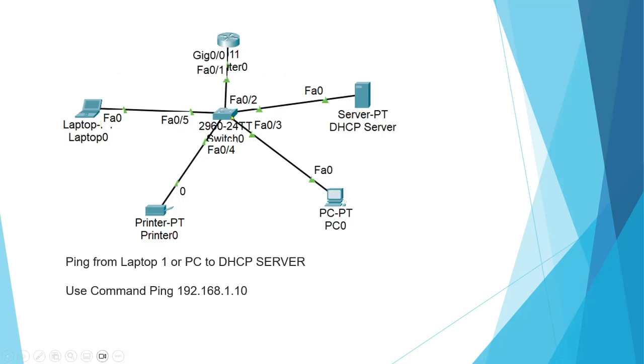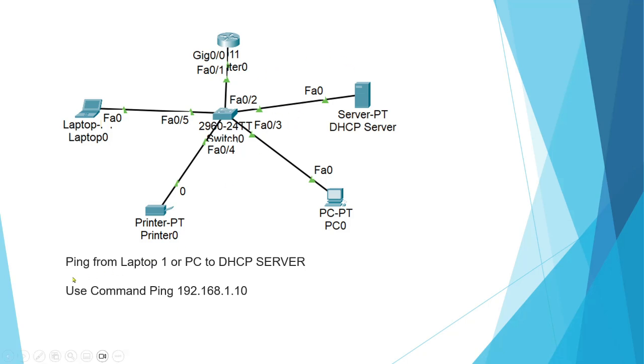Now see, this diagram indicates we are using a switch which is connected with one router, one DHCP server, one PC, a printer and a laptop. A DHCP server can be software or hardware which uses this DHCP protocol. Means this server will help the clients, and here in this diagram the printer, laptop, and PC are the clients which will get IP addresses automatically by using this DHCP server.